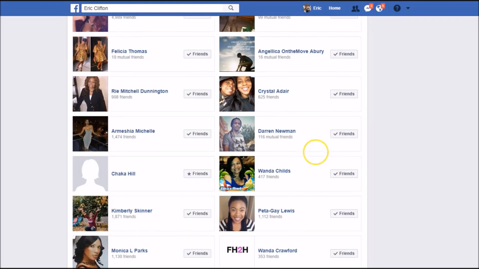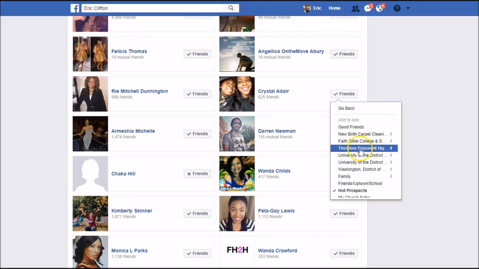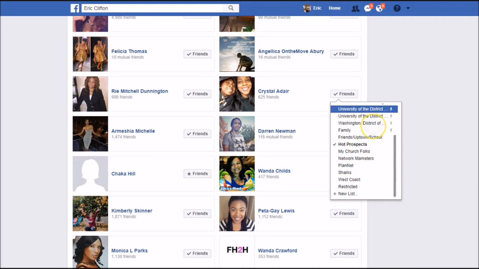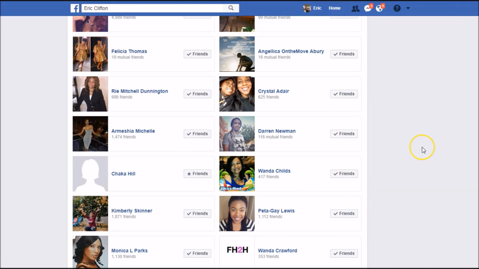And then you guys can continue to do this over and over again. It takes you a few minutes in the beginning, obviously, to go through your friend list, especially if you got a whole lot of friends. You got 5,000 friends, it might take you a while, but trust me, do a little bit here and there, maybe 20 of them a day. If you do 20 of them a day, what am I doing? See, okay, this is a friend. She's a good friend from school, right? So I'm going to add her to this list. And you can just keep doing this, right? Over and over and over again